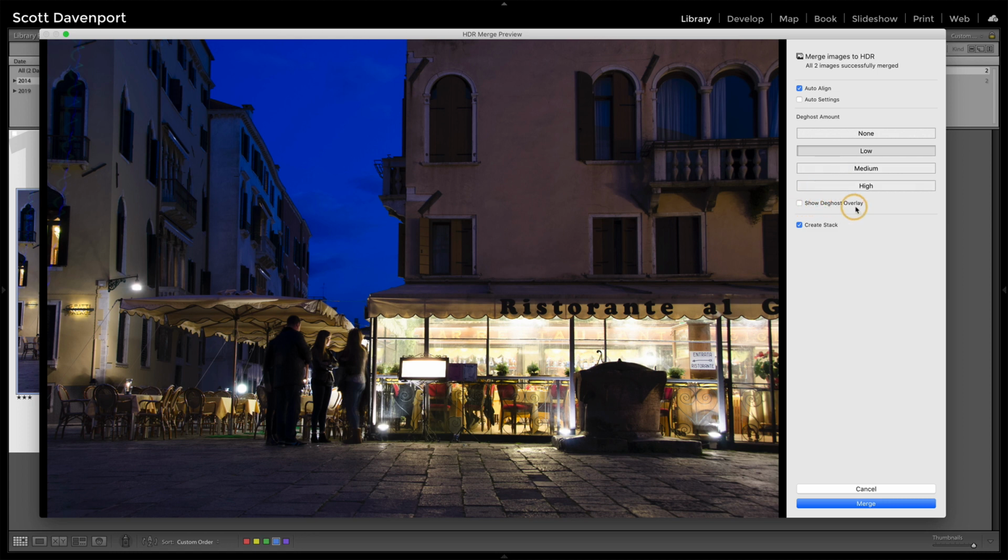And you can show the deghost overlay to see where Lightroom has decided there was ghosting. Okay, there's probably a breeze, so the flap of the awning over the restaurant, and things here I kind of equate to the shadows of these people. So you've got some shadows here. They probably walked through and stood here while I was getting set up. You've got differences in lighting happening just as things move about in the restaurant, and also the shadows of the